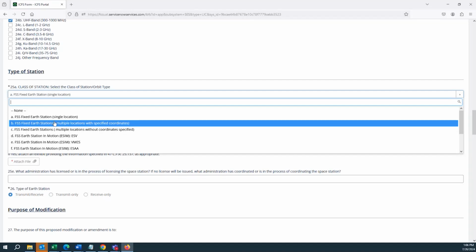And there's a site details section, which we're going to see when we go into the Schedule B, where you basically specify the exact location coordinates in longitude and latitude where your Earth station or Earth stations are going to be.